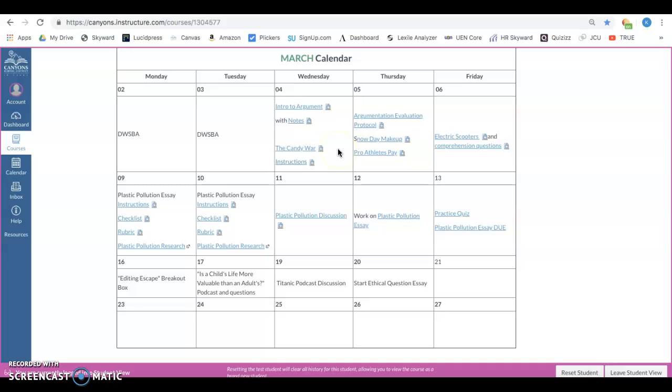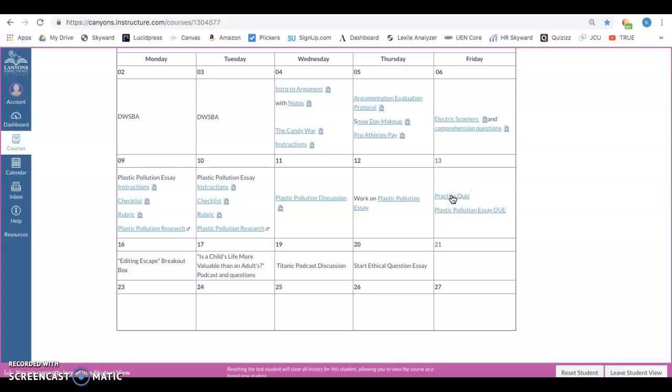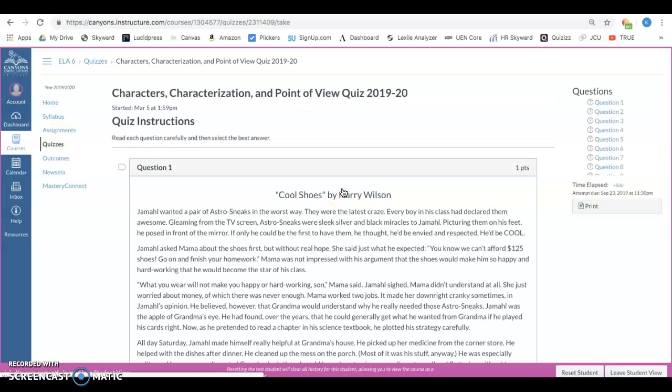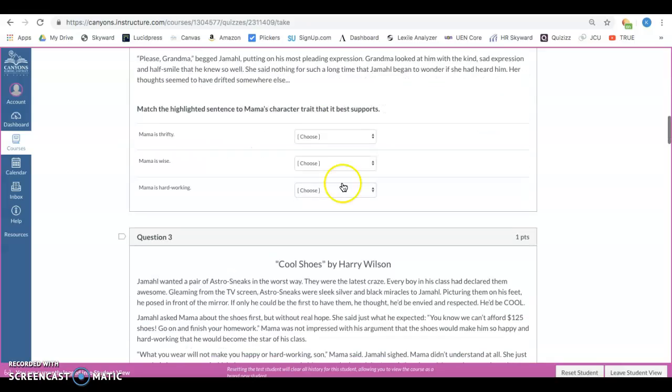Some of these links are assignments that are housed in Canvas, and they bring students directly to an assignment page. So for example, if we took a quiz on the day on our calendar, if you clicked that link, it would bring you to the actual quiz. Right now, I've opened this quiz up so you can hit take the quiz and just see kind of what it looks like, but